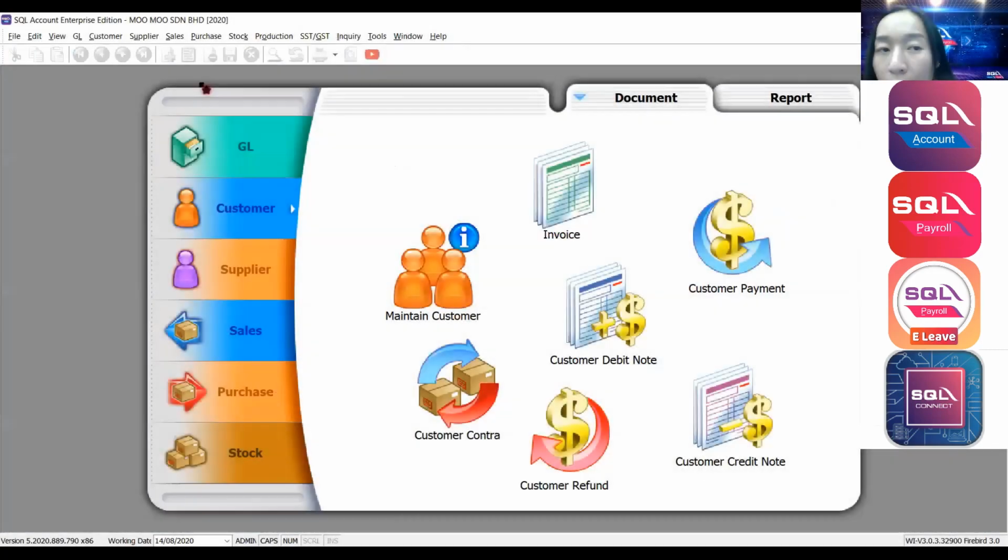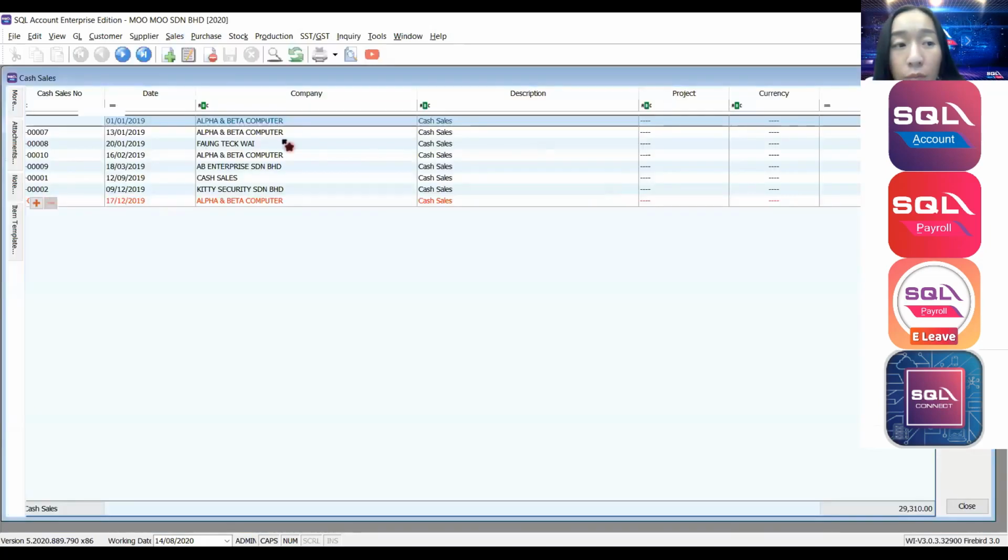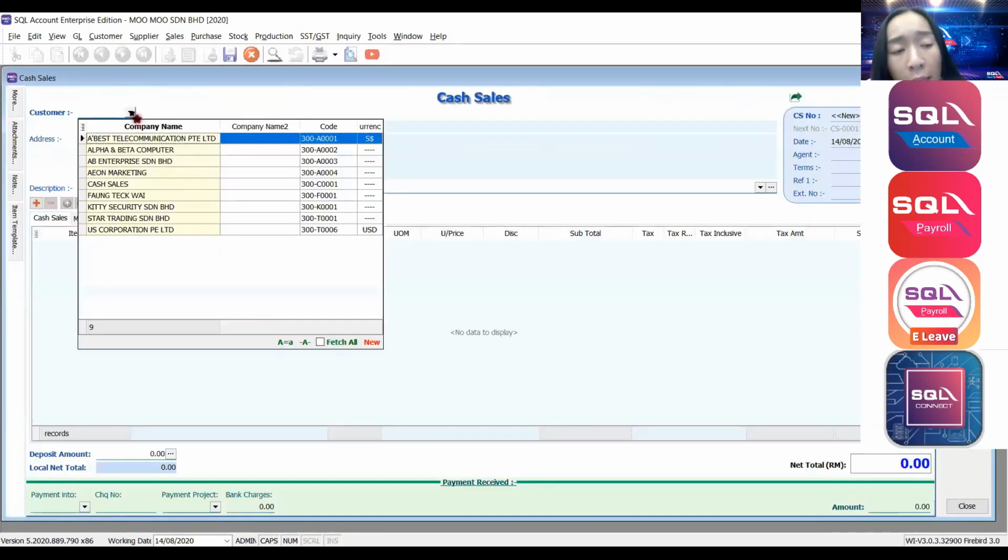Just now I did the last step on the sales part. Okay, I go back to the sales. So just now I explained quotation, sales order, DO, invoice. Okay, I will explain another tool named cash sales and also the credit note. Okay, what is the cash sales? On the new, we choose. Okay, if, let's say,